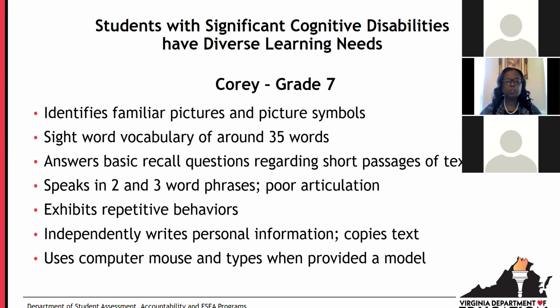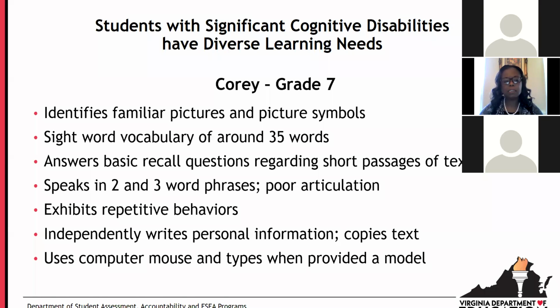He's able to answer basic recall questions if he's given a short passage of content. But in terms of his communication abilities, his are very different than Matthew's. Corey's able to speak in 2 or 3 word phrases, but the articulation is really poor.